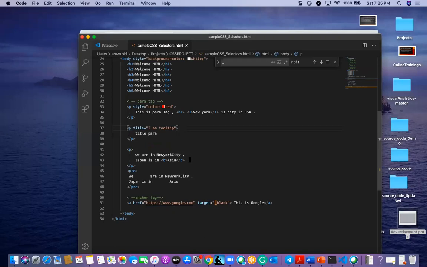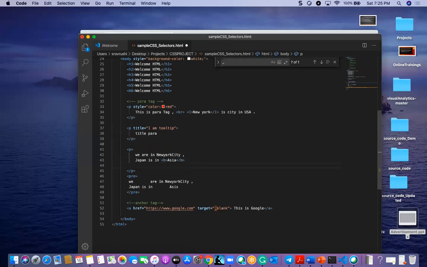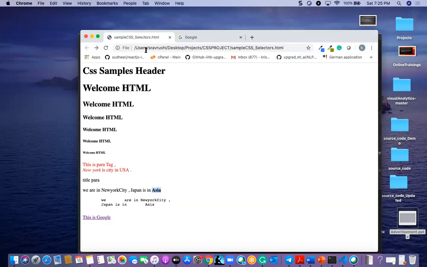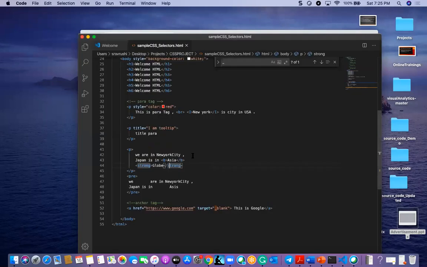That is the bold tag, and I can also go for one more tag, that is the strong tag. In this strong tag I can mention something like globe. Now you can see the differences between these two, strong and bold. This is also one of the formatting elements.